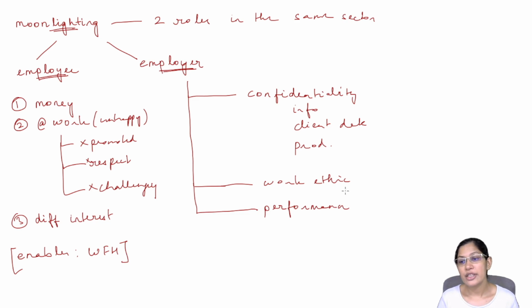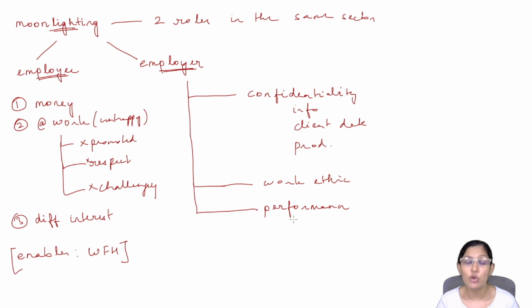Again, there's a debate over here saying that wherever there are companies where we are expected to work 8 to 10 hours, or whatever the number of hours it may be, whatever we do in our free time is our own. But if we are using our free time to relax, or even do things like read or learn more, or just replenish ourselves in some form, then the next day we are going refreshed to work and raring to go. Whereas if, let's say, from 8 a.m. to 4 p.m. I'm working for one company, and then 6 p.m. to, let's say, midnight or something, I'm working for another company, of course I'm going to be tired and I'm not going to be at my best the next morning. So the performance also gets impacted.